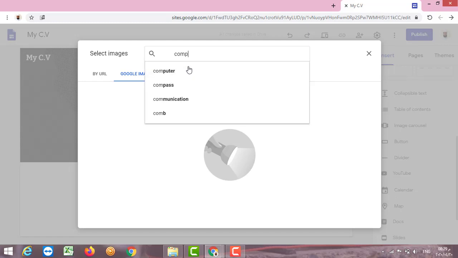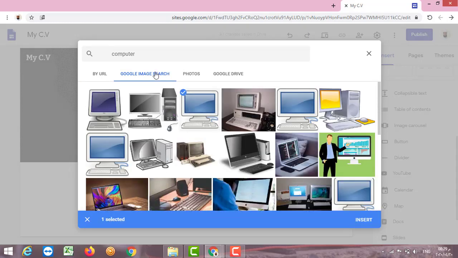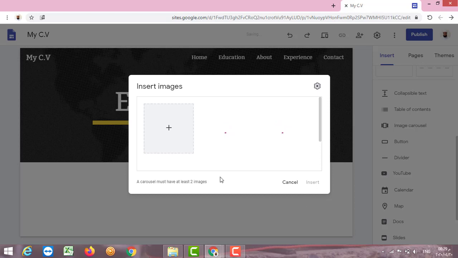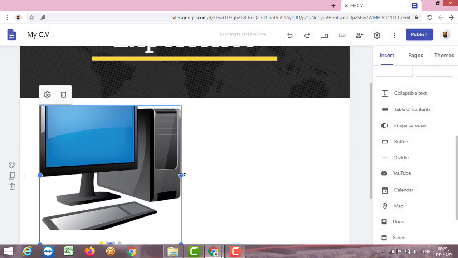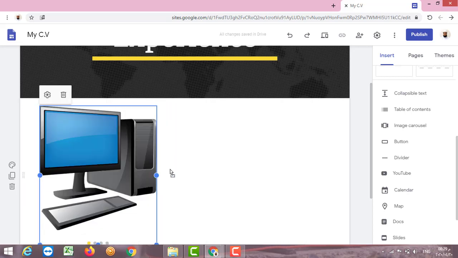We can type here computers. This is computer 1, 2, 3. This is 4, 5. I have selected 5 images, so we can make a gallery in one of the pages here. Once they are ready, we can insert. We can make it big. We can also make it small.